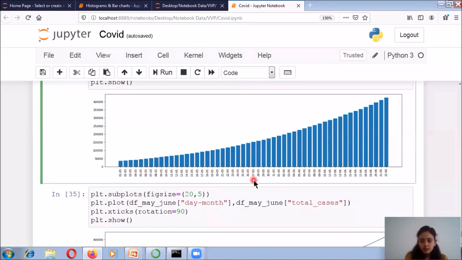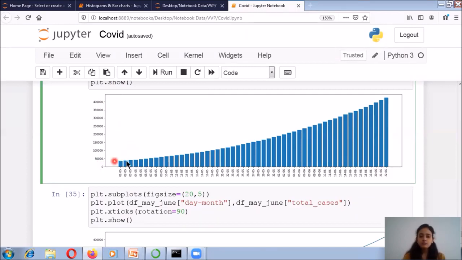Around the 27th of May, the total number of cases in India reaches 1,50,000. And by the end of 22nd June, that is 22-06, the total number of cases of coronavirus goes above 4 lakhs.